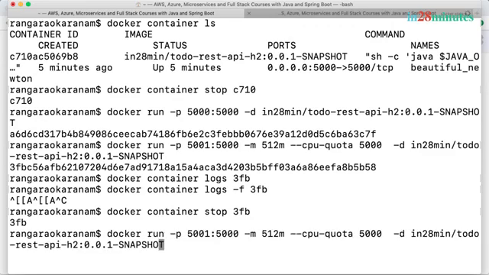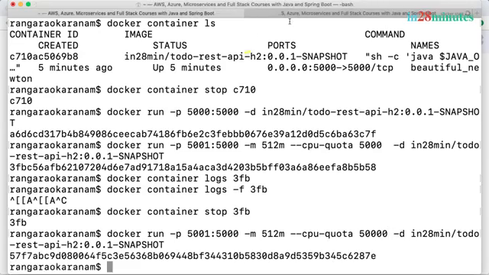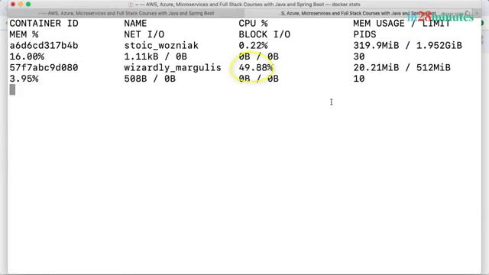So let's do a run and let's give a CPU quota this time of a little bit more. So let's actually make it 50,000. So we are giving it half the CPU. And let's run this right now. And you'd see that right now it's using about 50%, that's half. And you can see down here that the amount of memory increase is much higher. So it's starting up faster.